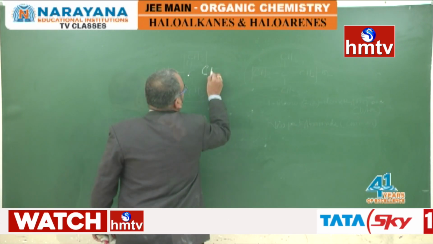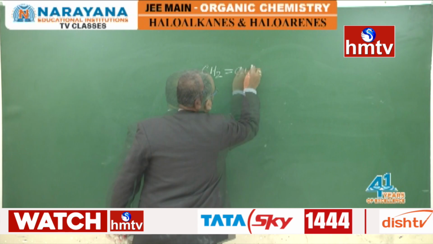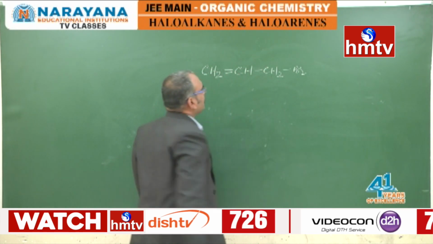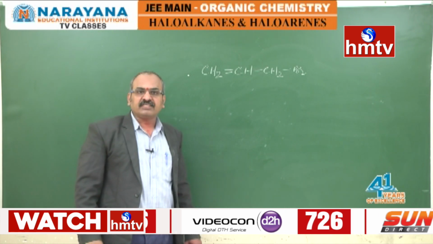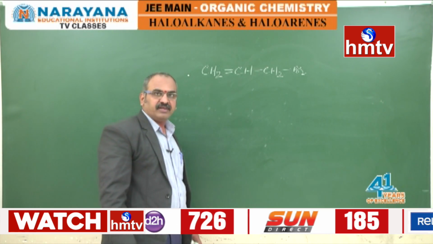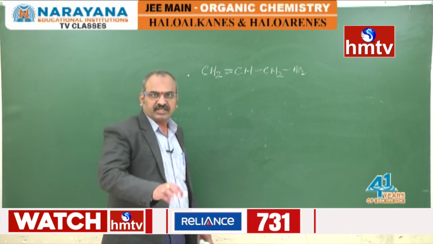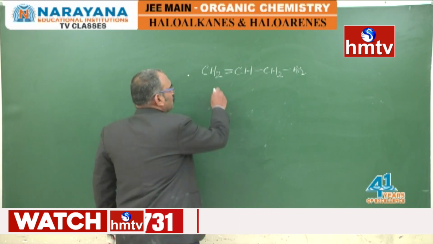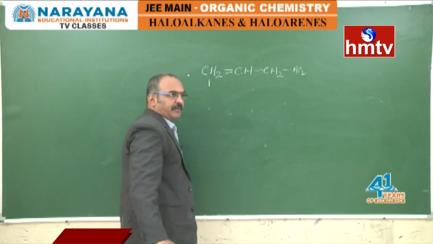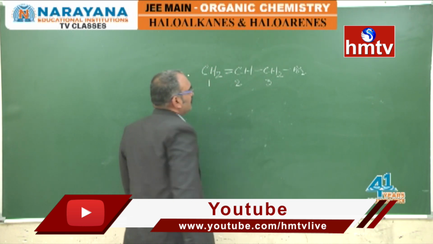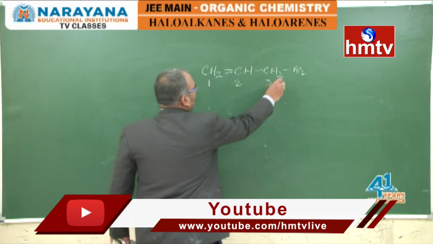Now let us take up this compound which has some unsaturation also. When you take this compound, halogen is a substituent and halogen is given less priority than the unsaturation. So unsaturation is given more priority. So when numbering, the first number goes to the carbon having unsaturation. This is second, this is third. Now its name is